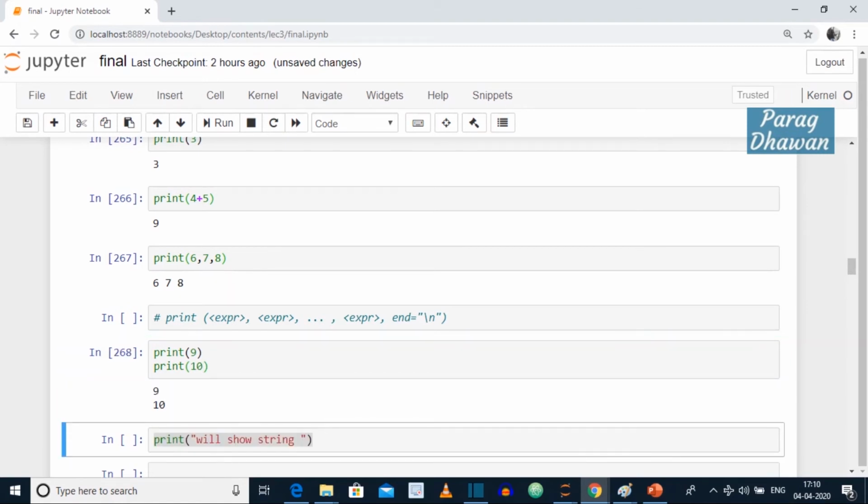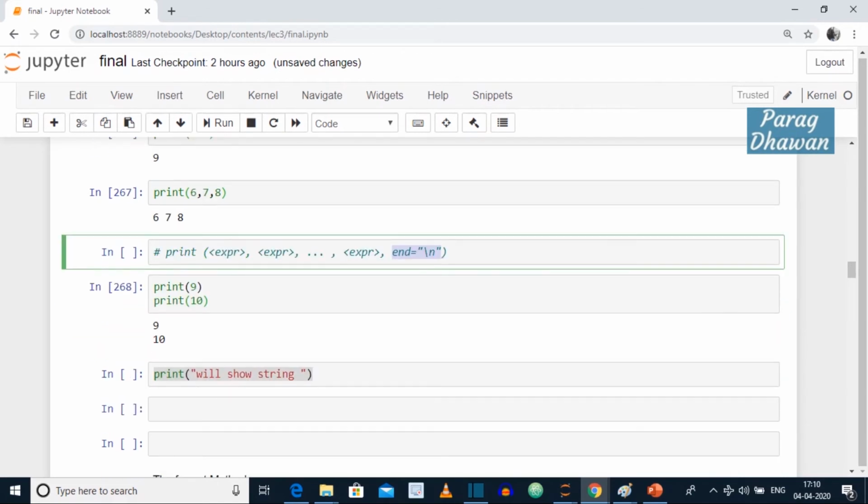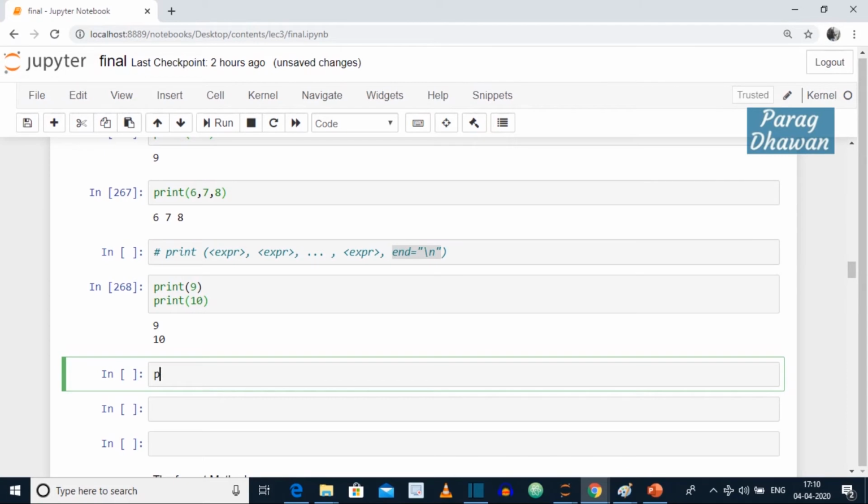If you want to change this default behavior, you have to alter the last parameter, that is end equal to, and instead of \n you can add your own parameter. For example, print "show the result in same line delimited by spaces."